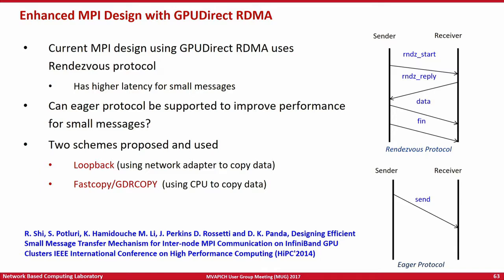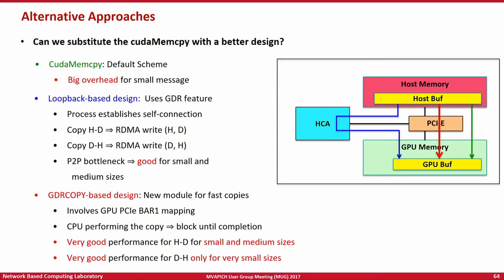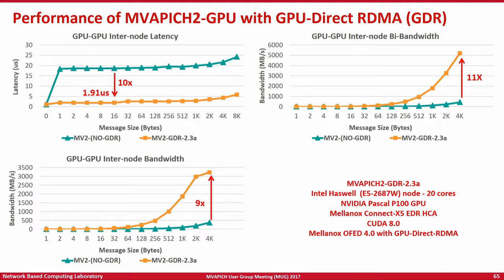So in fact, when you see these designs, you only see a smooth curve, but actually from 0 to maybe 4 or 8 bytes, we could be using design 1, so we could be using GDRCopy. Whereas from 8 bytes to about 128 bytes or so, we could be using a second scheme. And for your really large messages, we could be using a completely different third scheme. So even though you see one smooth straight line, the internal designs that are being used to achieve this performance could be varied, depending on whether you are transferring the data from a host to a host, from a GPU to a GPU, from a GPU to a host, and so on and so forth.